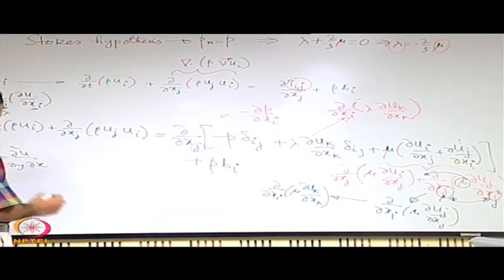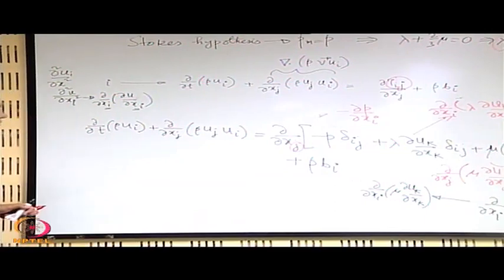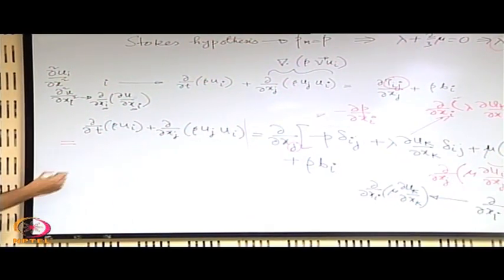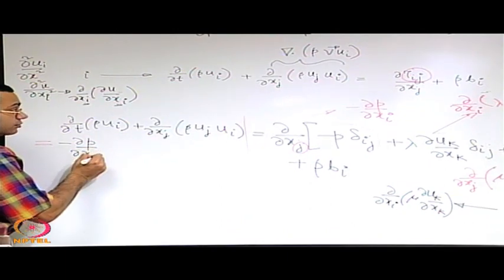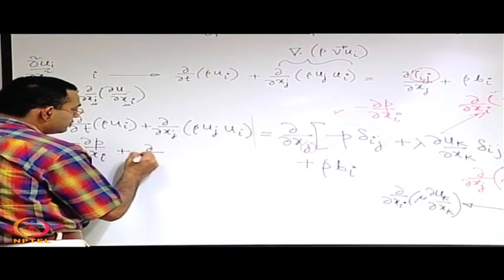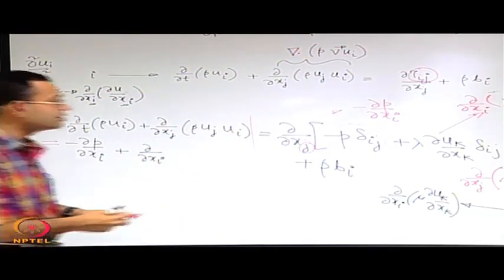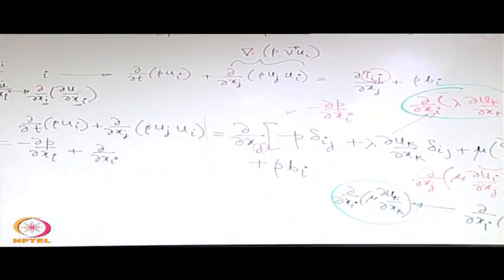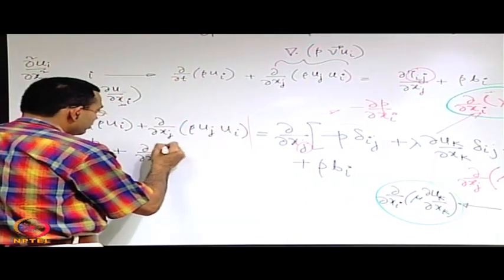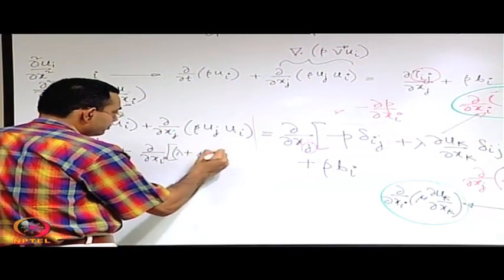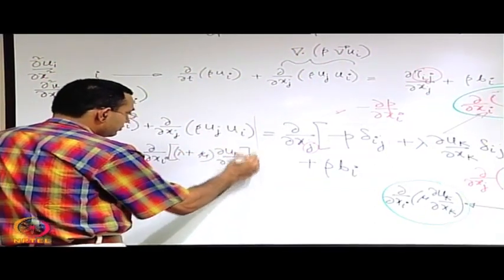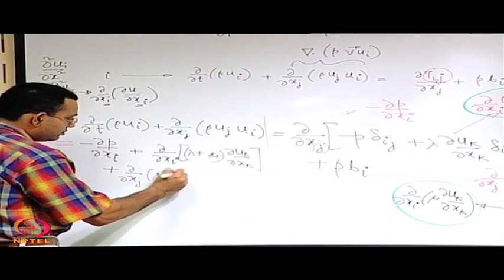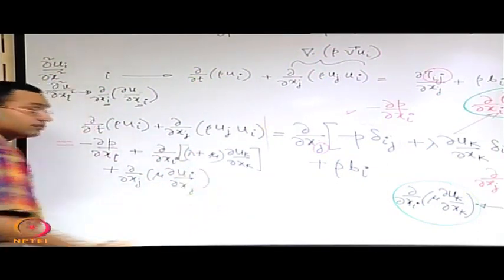That means what you get in the right hand side, let us therefore write the right hand side. So this is equal to minus, and you may club two terms. Which terms? You may club one term like this with another term like this. So you can write this into lambda plus mu and then